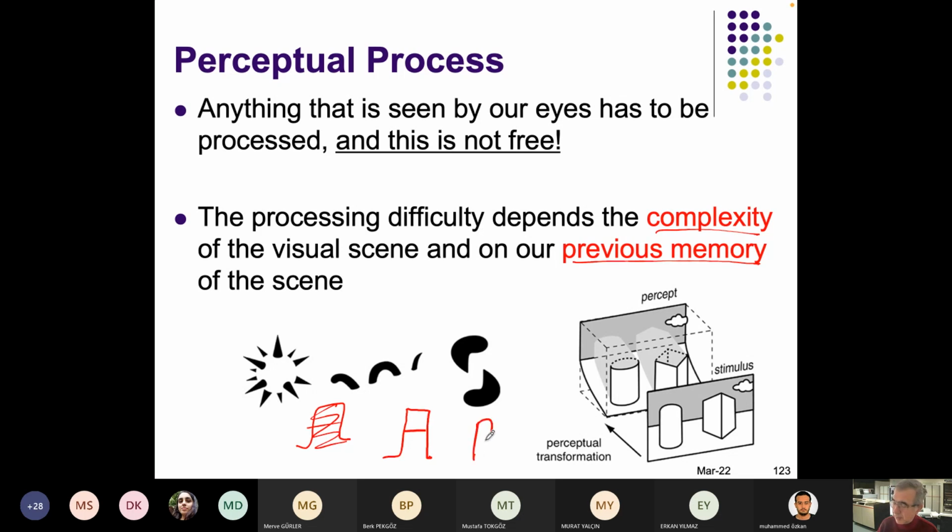We are familiar with this. So processing depends on the familiarity. If you are familiar, then processing is easier. Therefore, familiar interfaces, familiar use of familiar objects in the interfaces is easier to